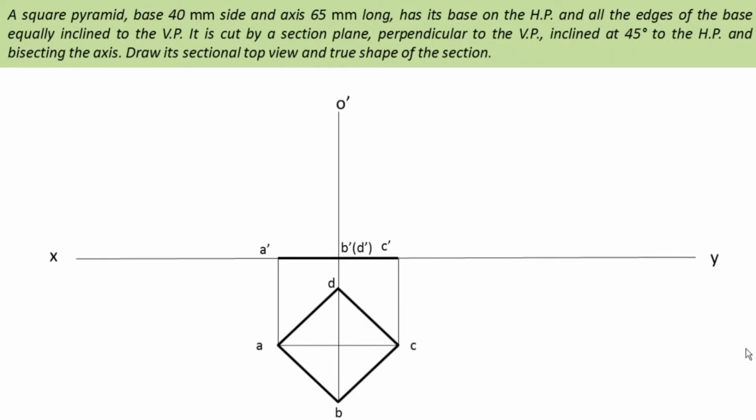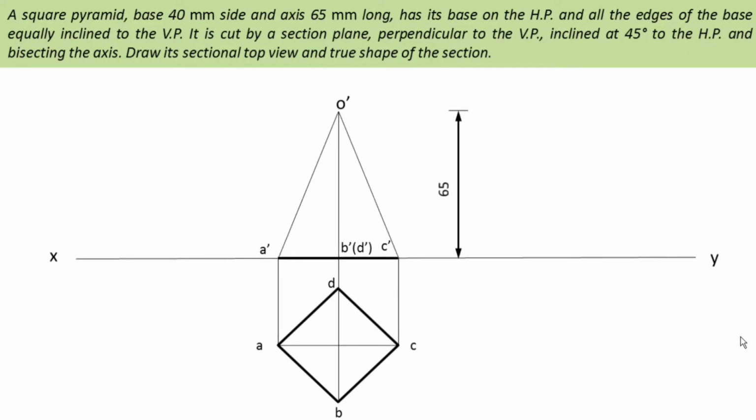Okay, so this point is known as O dash, and what is this height? This height is nothing but 65 mm. Actually it is the axis length. The axis is hidden just behind O dash and B dash. It is not visible in the front view, but this is the height of the pyramid, or you can say axis length. Okay, now join O dash with A dash and with C dash also in such a way that,